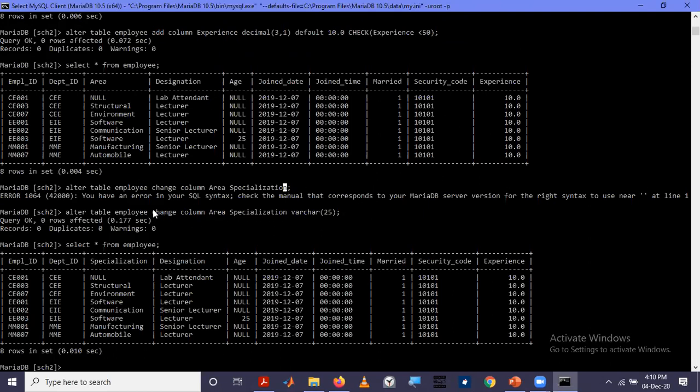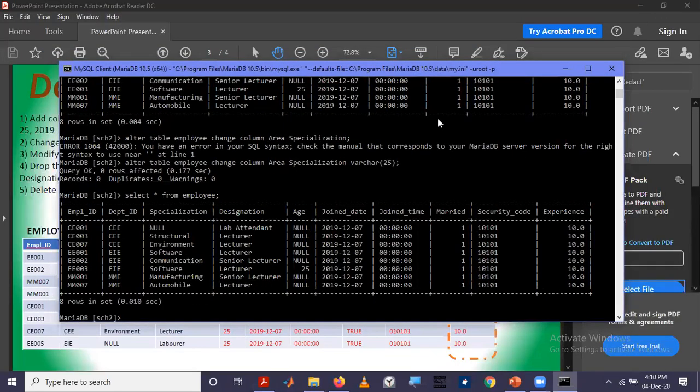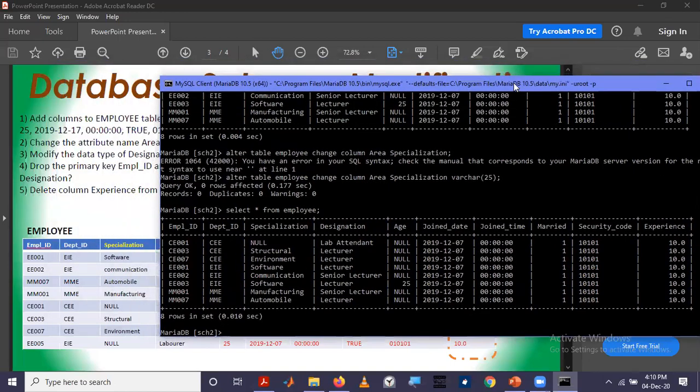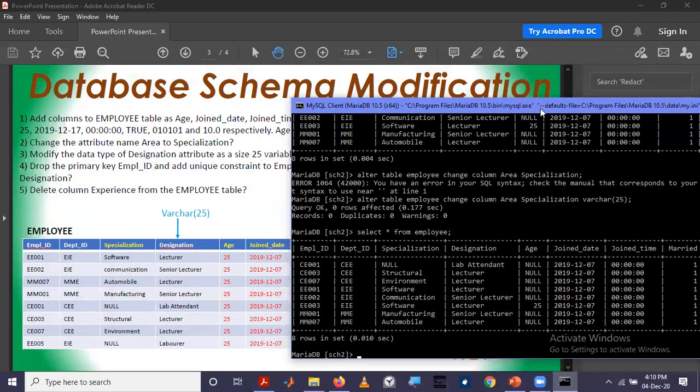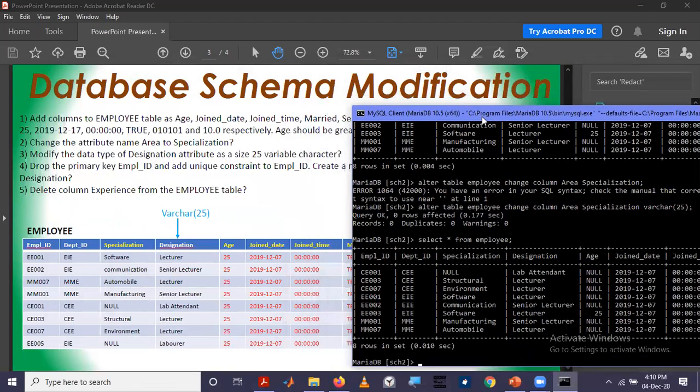So remember that you cannot always use alter column. Alter column is not used for changing the name of a column or changing the data type of a column. To change the data type, there is another keyword, and that is what we are going to learn next. In the next one, we are asked to modify the data type of designation as variable character of size 25.